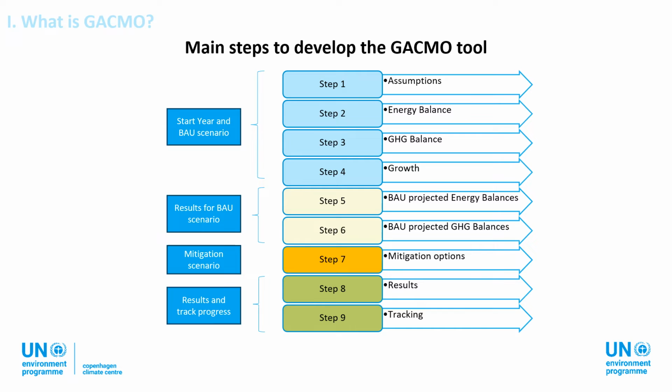There are 9 main steps and 9 corresponding spreadsheets in the GACMO tool. In the steps 1 to 4, user provides the input data for the start year and for the business as usual scenario. In the following steps 5 to 6, user can analyze the results for the business as usual scenario. In the step 7, user needs to provide information on the mitigation options appropriate for his or her own country. In the step 8, user can analyze the results of the GACMO tool,